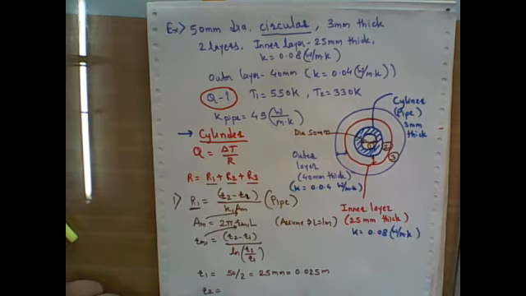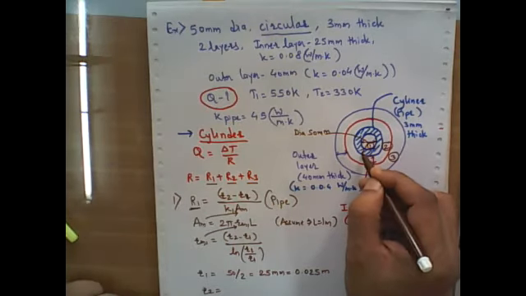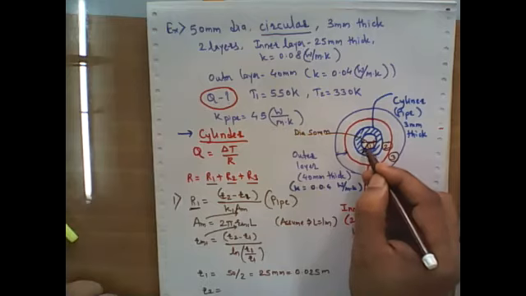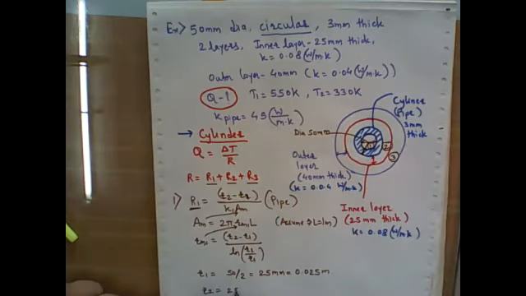Now what is R2? So this is R1 and this is R2 now. So for this case, this radius, that is inner radius plus thickness. So this thickness is 3 mm. So obviously this 25 mm inner radius, that is R1 plus 3 mm, that is 28 mm, that is 0.028 meter, right? So now we know the R1, we know the R2.